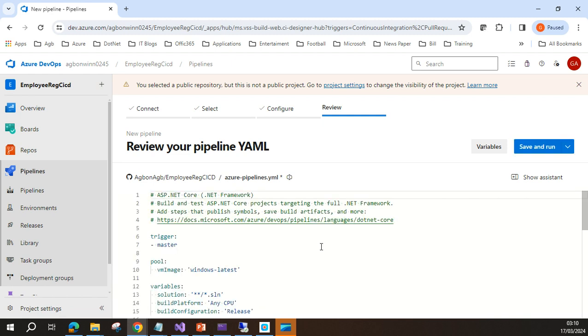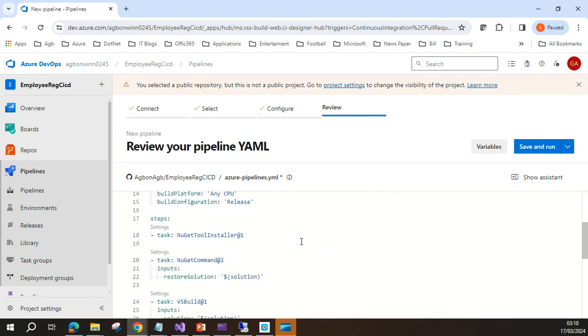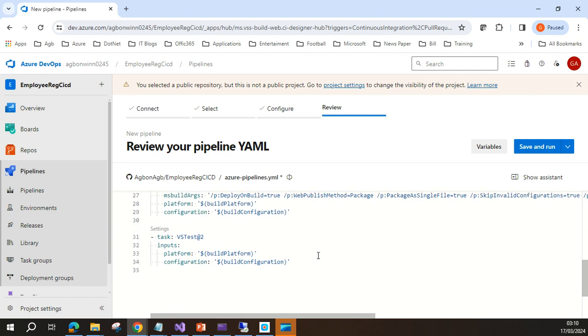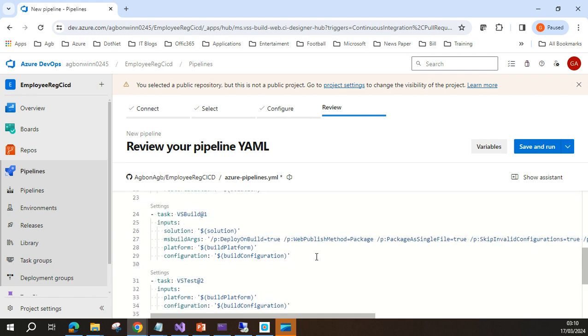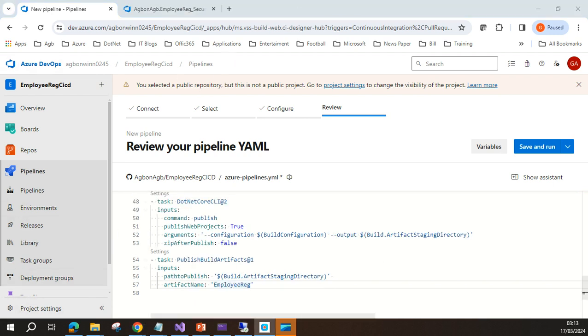Let's see. All right. So this is the YAML file that is being generated. It's using the Windows latest app pool. All this YAML file is by default. So I will quickly add one or two settings so that we can have the artifact name, so that whatever is produced here will have a reference to it. Let's quickly do that. I'm updating this artifact name, adding this line to it so that I can make reference to whatever is being produced by this